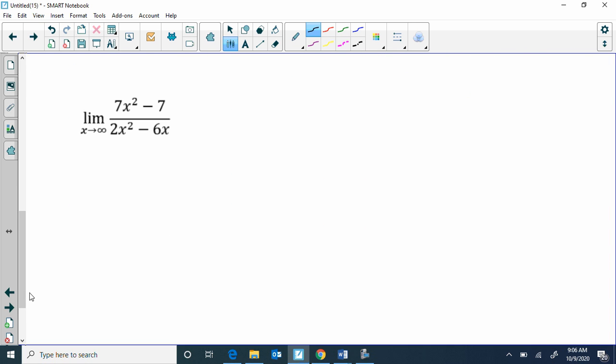Now let's try the limit as x goes to infinity of 7x squared minus 7 over 2x squared minus 6x. Here, if I were to plug in infinity, infinity squared is still infinity. 2 times infinity squared minus 6 times infinity. Still got a lot of infinities going on in there. So I have infinity over infinity. But again, you cannot write equals infinity over infinity. You have to show